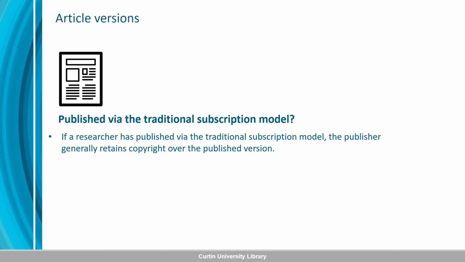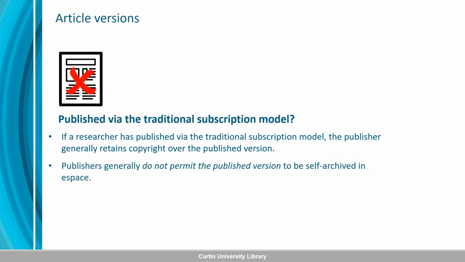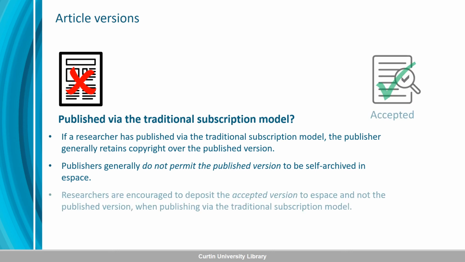If a researcher has published via the traditional subscription model, the publisher generally retains copyright over the published version, and publishers generally do not permit the published article version to be self-archived in an institutional repository such as eSpace. Instead, researchers are encouraged to deposit the accepted version to eSpace, not the published version when publishing via the traditional